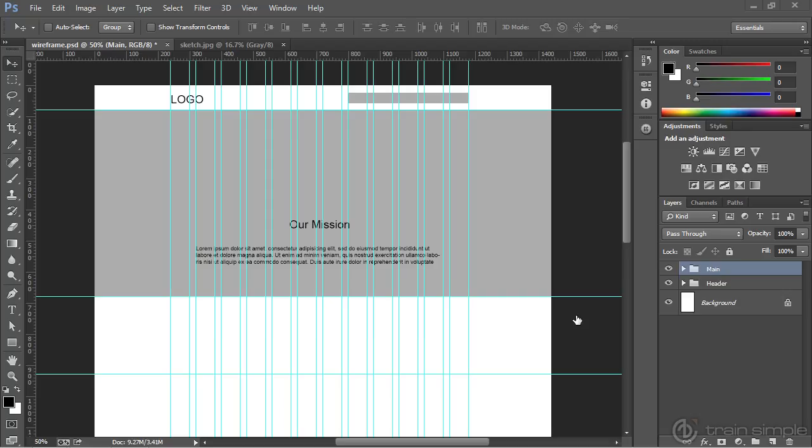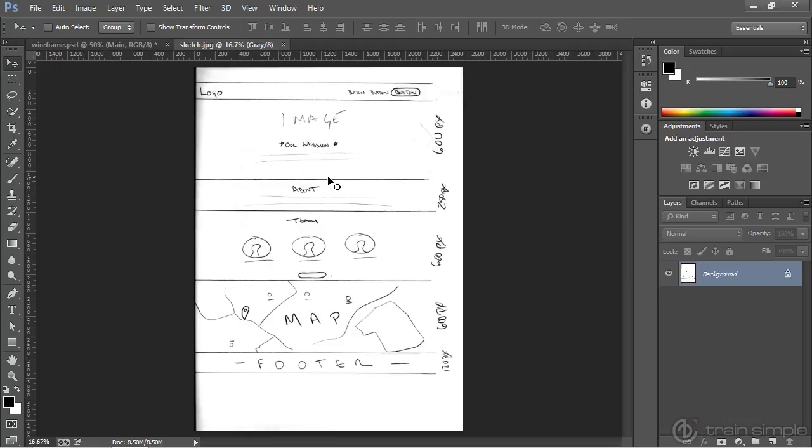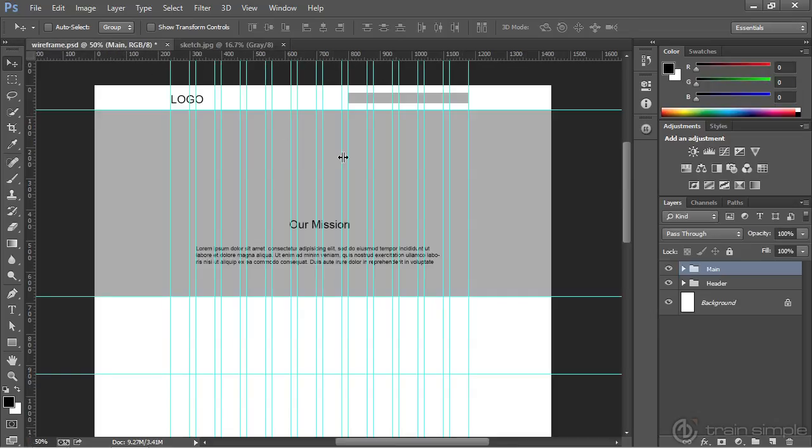So we're making pretty good progress here. We're pretty organized. We have our layer groups containing the content for the header and main sections. If we return back to the sketch document, you can see that we have this About section. And the About section is nothing more than a heading and some text. So the easiest and quickest way to wireframe this section is to come over to wireframe.psd, expand the main layer